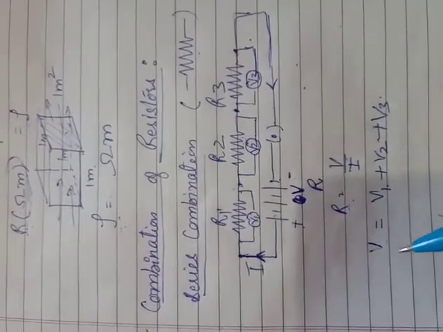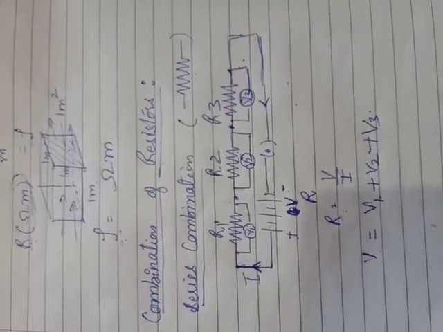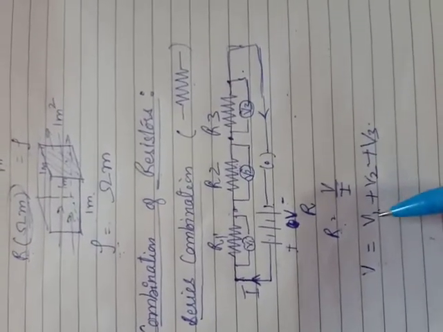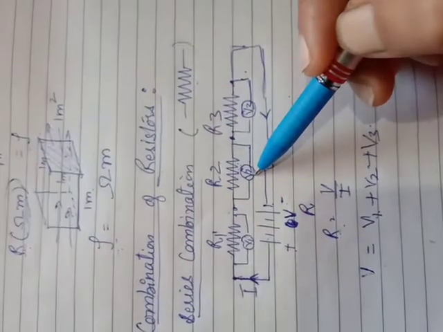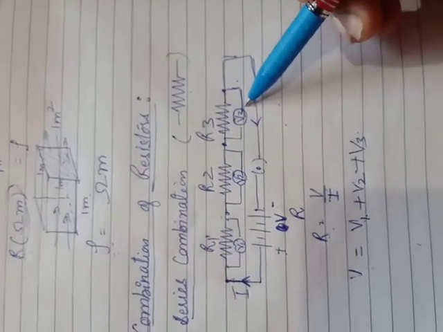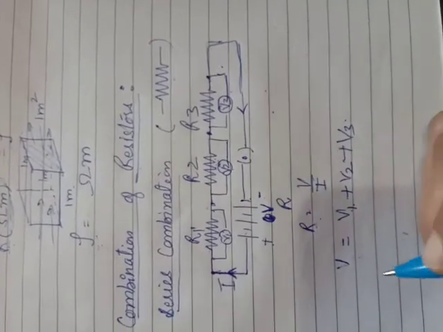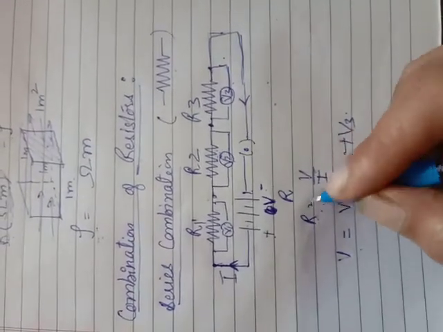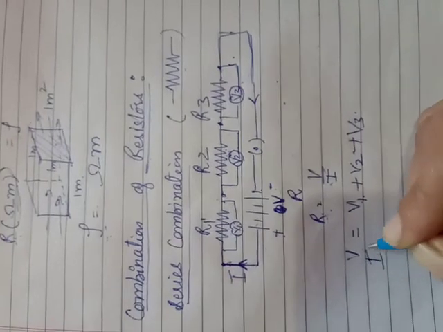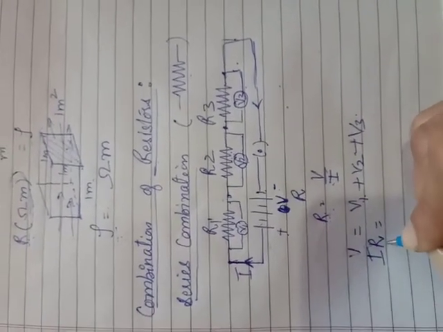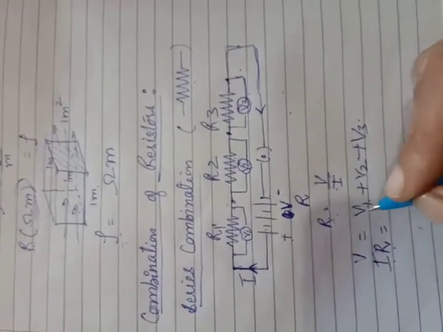In the same manner, if the current has potential V at the start while moving through, that is equal to the potential consumed at R1 plus the potential consumed at R2 plus the potential consumed at R3. So total V equals V1 plus V2 plus V3. From the formula, V equals I into R, where R is the total resistance and I is the total current flowing through the conductor. This is equal to V1.